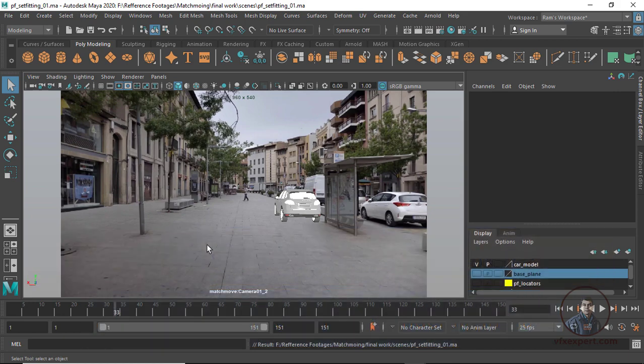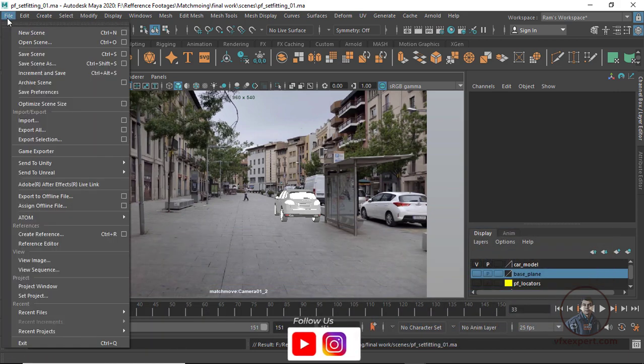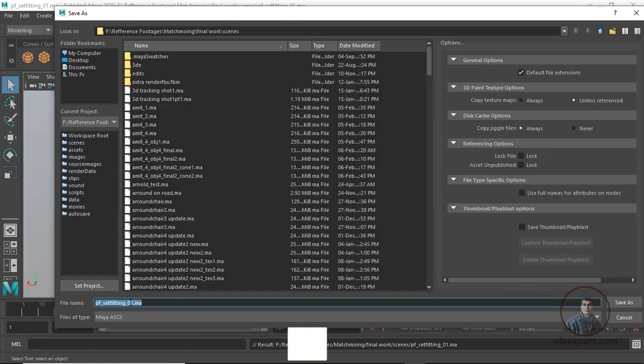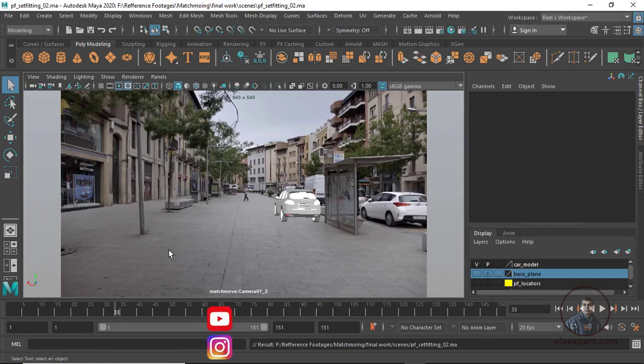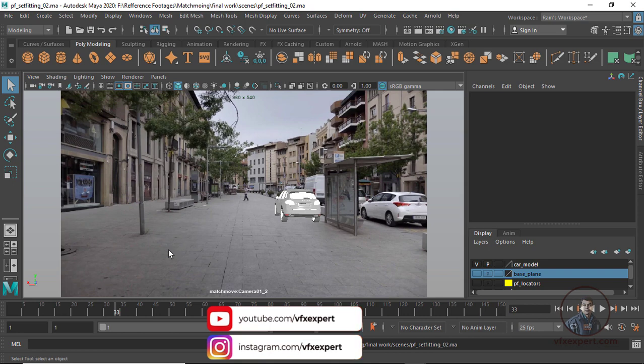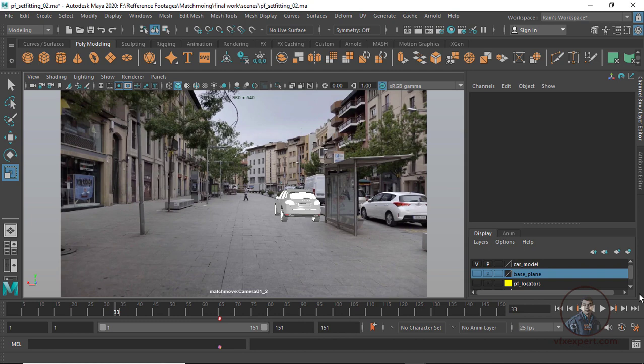Okay, so before this, first save our scene as a new file. Simply click on File and give it a name. Now here we are going to do shading and lighting. Before this, first we have to create a base plane. Last time we also created a plane, so if you want you can enable that one. Otherwise you can create another plane.